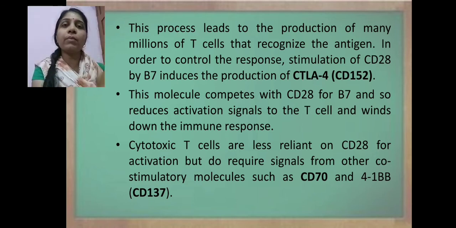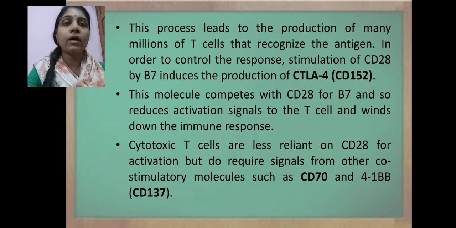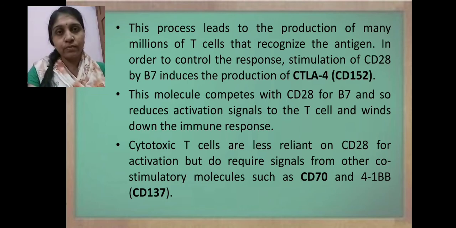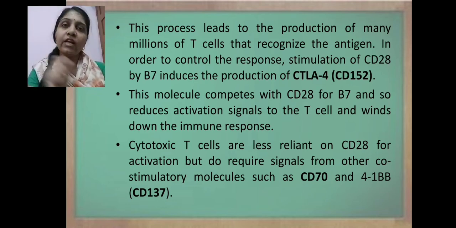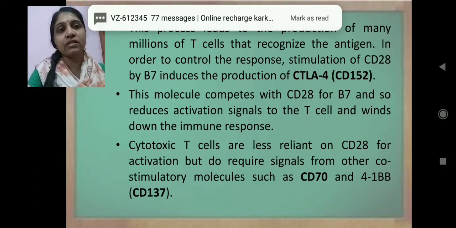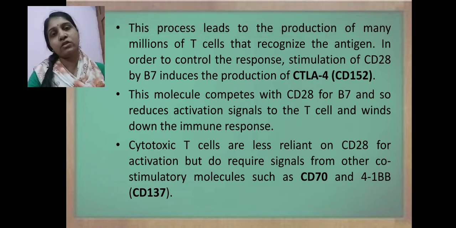Now, whenever there is the complete removal of this foreign particle, it is essential to down regulate the synthesis of the T lymphocytic cells, or to stop the proliferation of T lymphocytic cells or the stimulation of other immune cells. At that time, there is the role of the CTLA4. Actually, this CTLA4 and the CD28 are competitive inhibitors of each other. Both have affinity towards the B7 molecules which are present on the surface of antigen presenting cells. But both of these molecules have opposite functions.